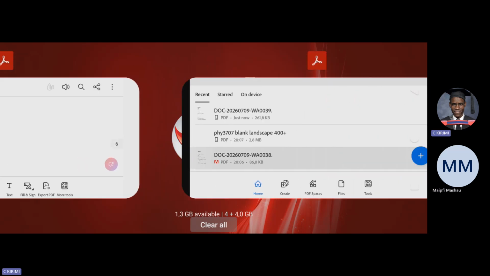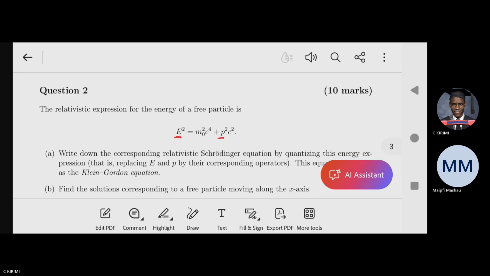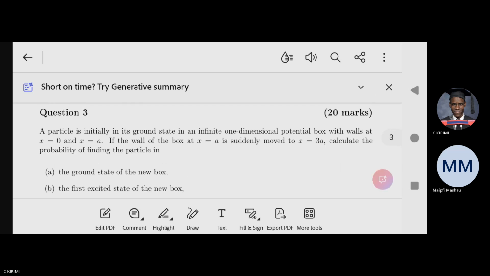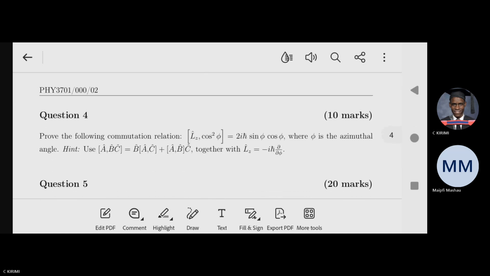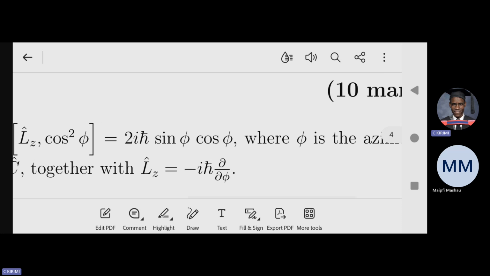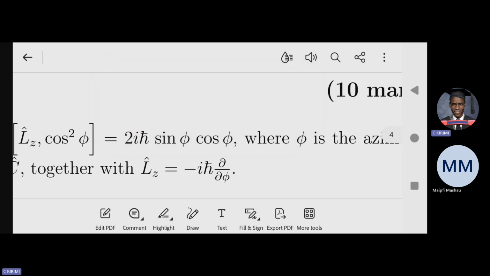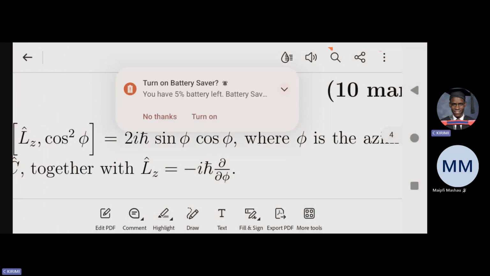So, number 4. Prove the following commutation relation: Lz commuting with cos squared phi equals 2i h bar multiplied by sine phi cos phi, where phi